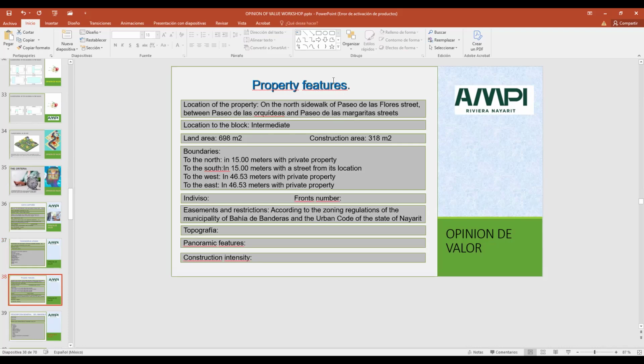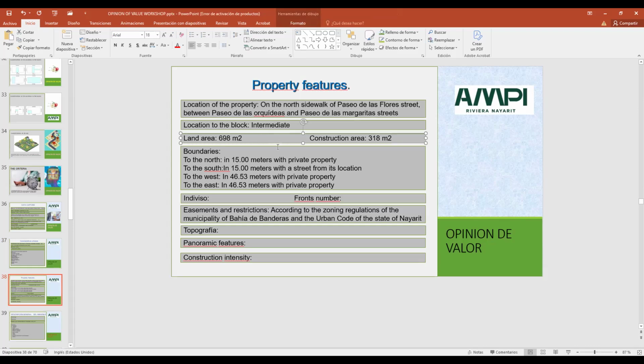The property features. The boundaries, land area, all this information you need to know.